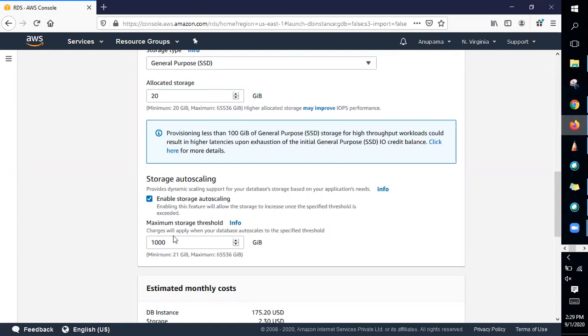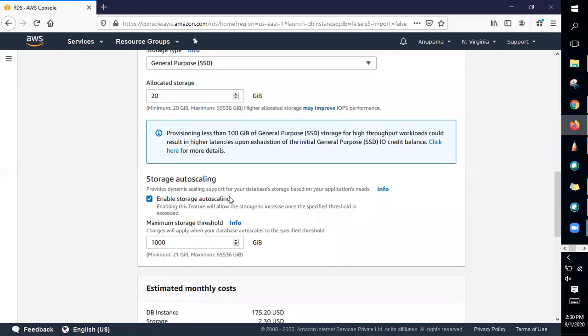And you can also define a threshold, till how many GB it can go and expand. You can give a maximum value also, but by default it is just taking 1000 GB. So this is a new feature. I mean, not very new, but yes.